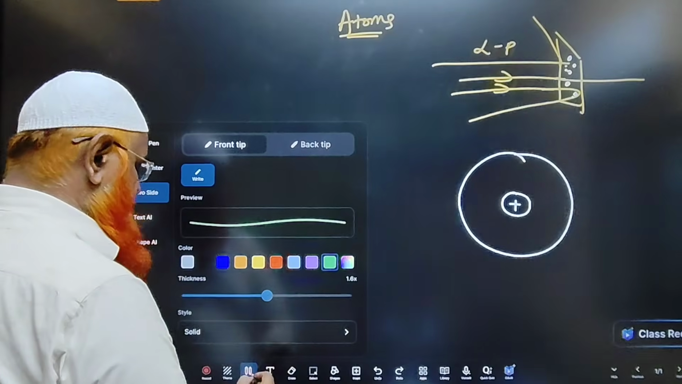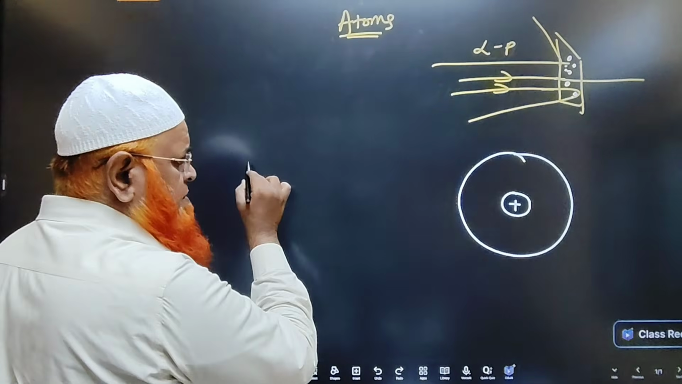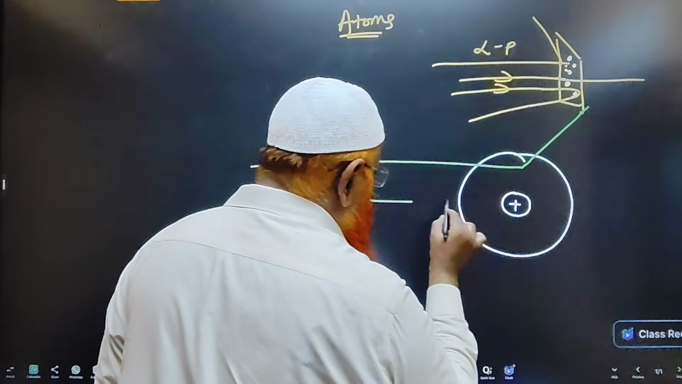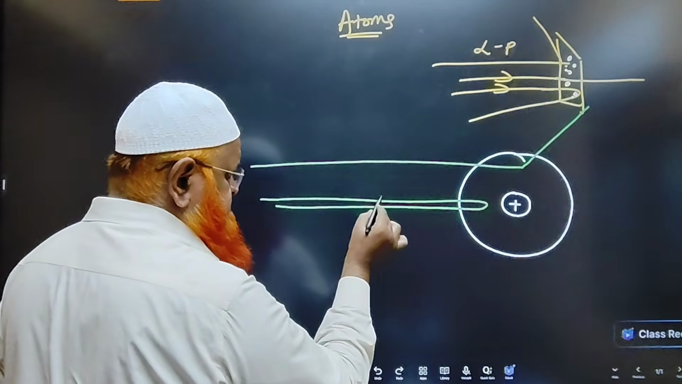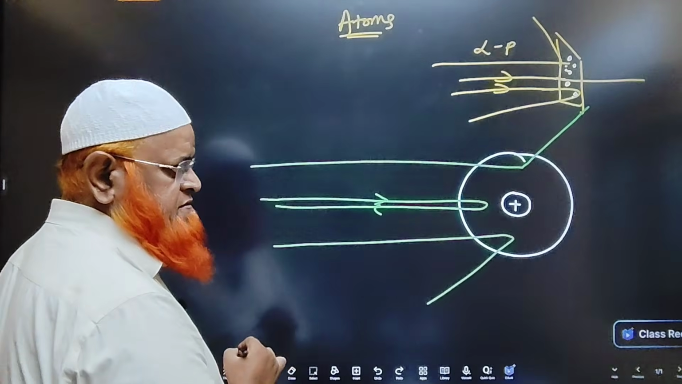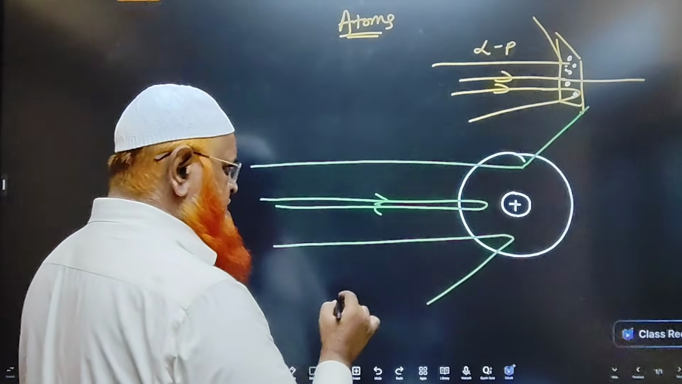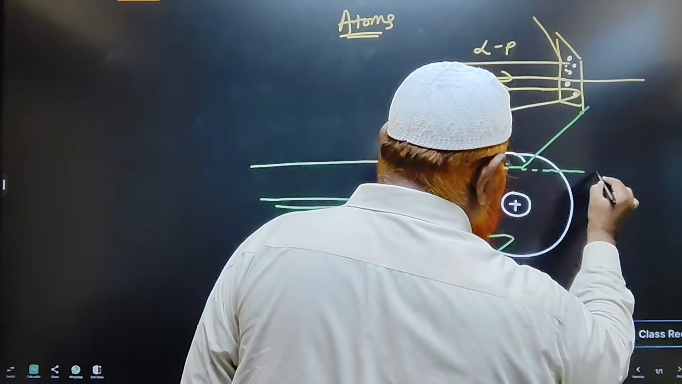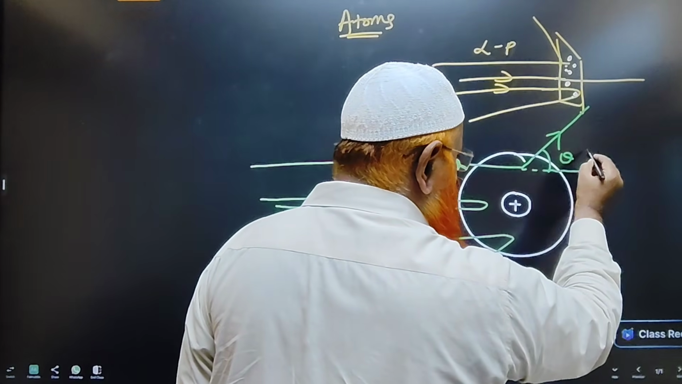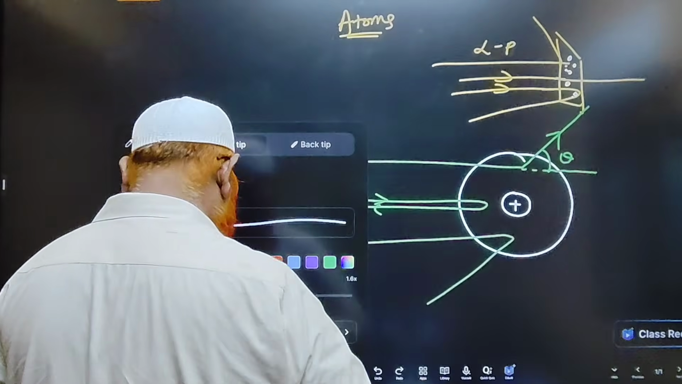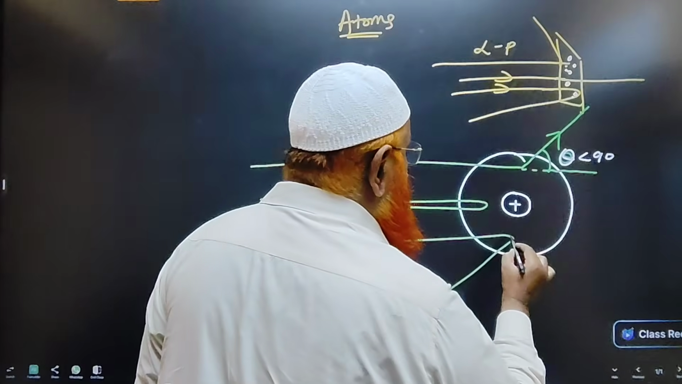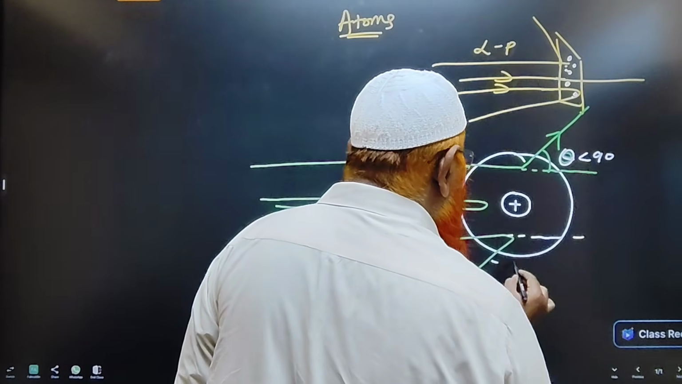So what do you understand from this atom? Let us see. Some of the alpha particles will move like this. Some of the alpha particles go directly and return back, and some of the alpha particles will reflect like this. So what are you going to understand from this? If the alpha particle which has to go like this is deviated in this direction, making a certain angle theta, which is going to be less than 90,